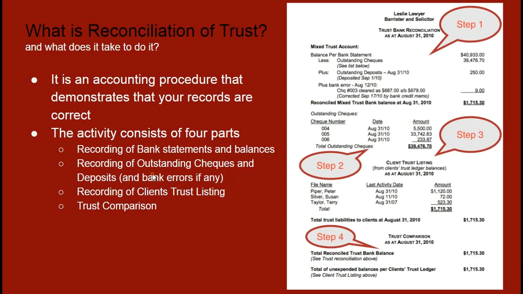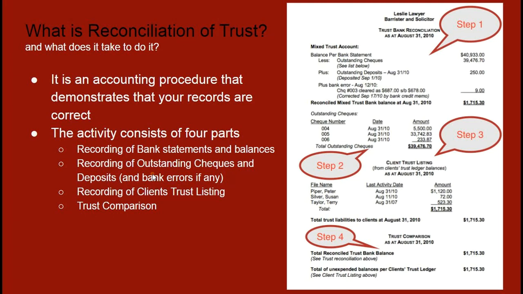A great example: someone gave you a retainer. You took that check right away because it's part of your discipline, and you deposited it in the bank, and now the bank knows that that 200 is available. Whereas you forgot to record it into your bookkeeping system. You forgot to add that client, add that matter, and add that new retainer to download what happened in your brain into that system. Okay? That's one example of an anomaly that can happen between your bookkeeping system and your bank. And that's an outstanding check.